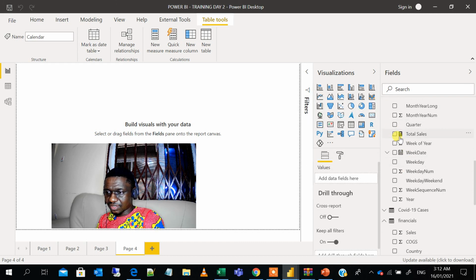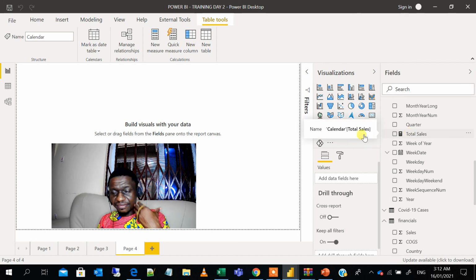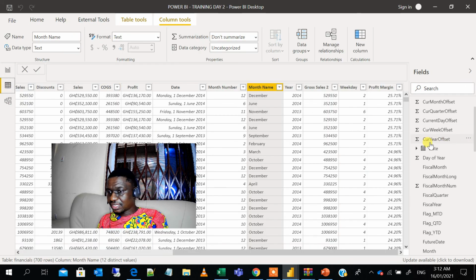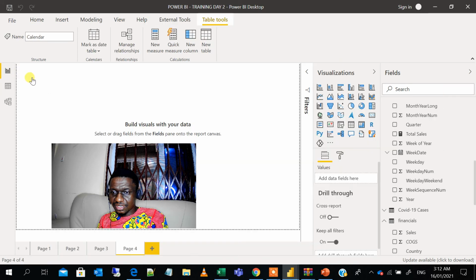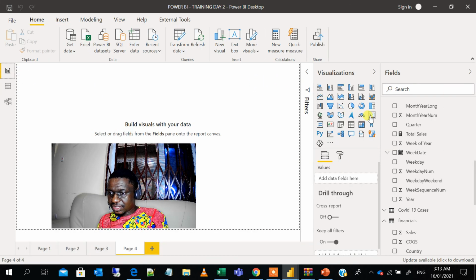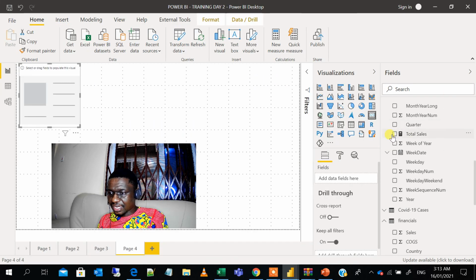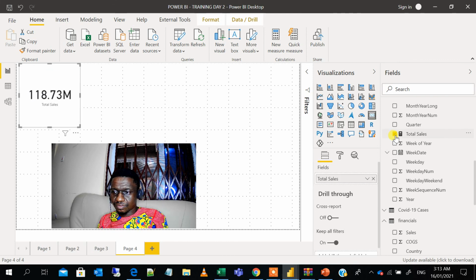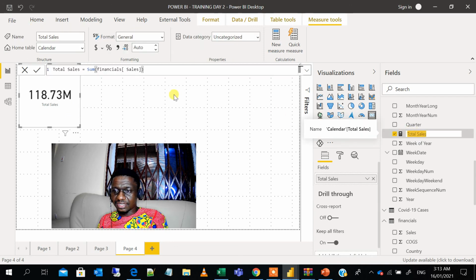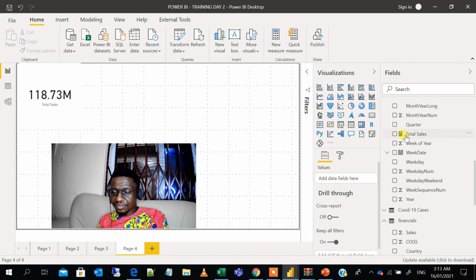So the total sales I created is here, but I can't see it. When you come to the data, you do not see it. It is just held. But when I put it, let's say, inside a card, total sales, then you find 118.73. So I just put it in a card. So measures are calculated on the fly. I'll add a video link that actually explains the difference between measures and